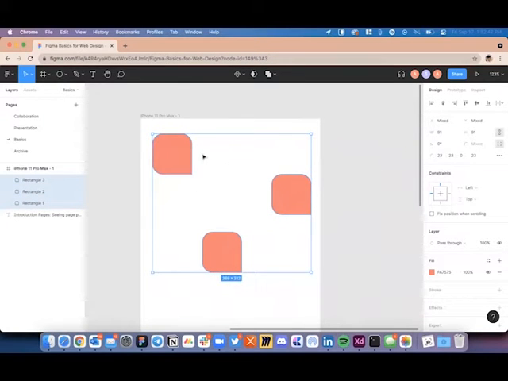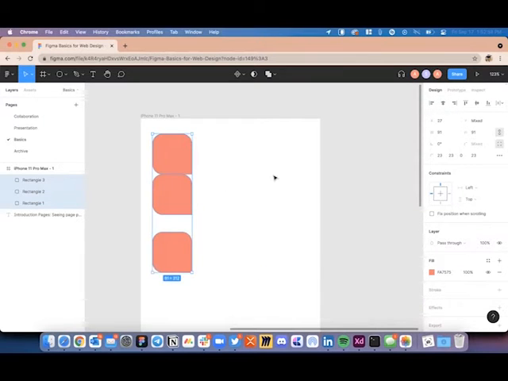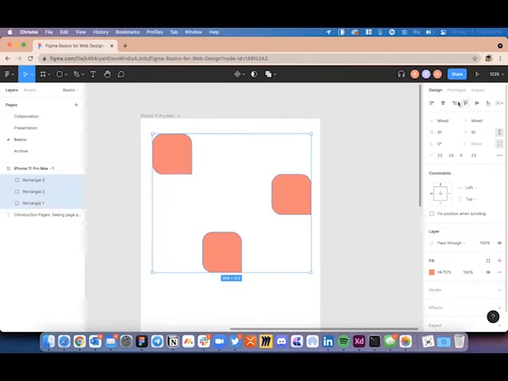Whenever you select multiple objects in Figma, it will present you with a set of alignment options on the top right side of the inspector panel. So you can align it to the left, which will align it to the leftmost object, to the right, to the top, to the bottom, and also center align it or horizontally center it.